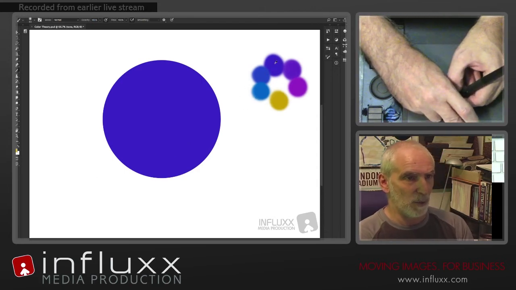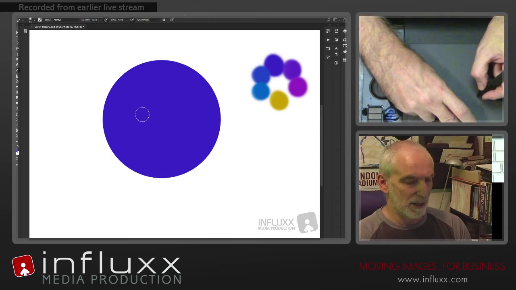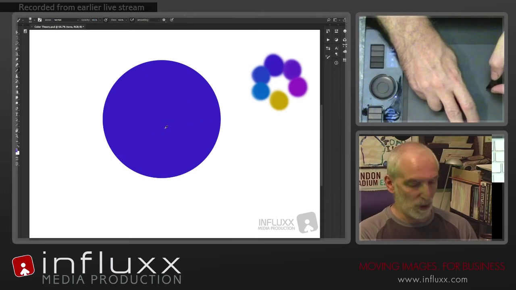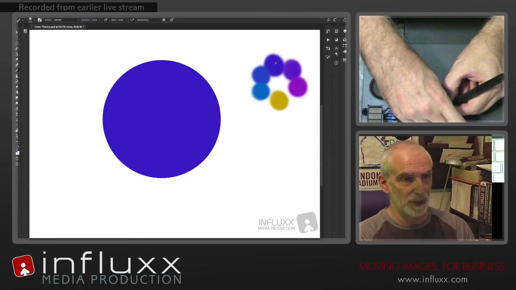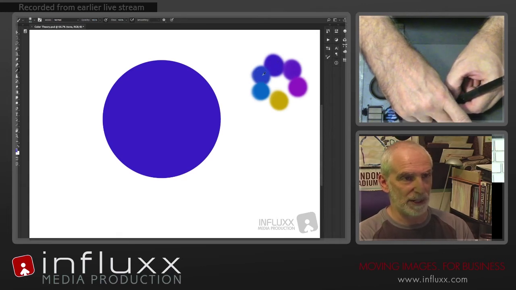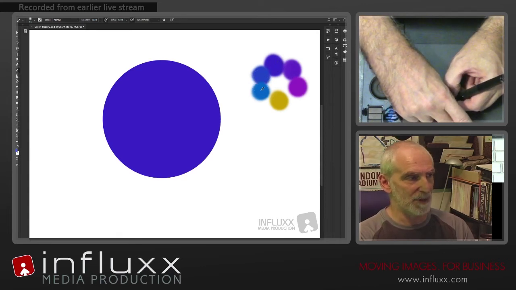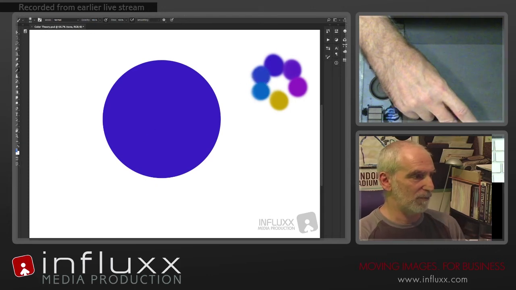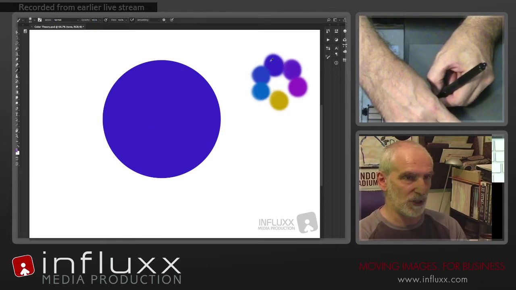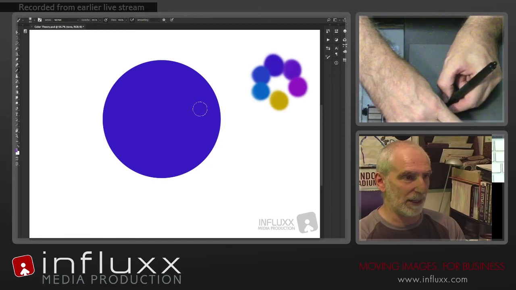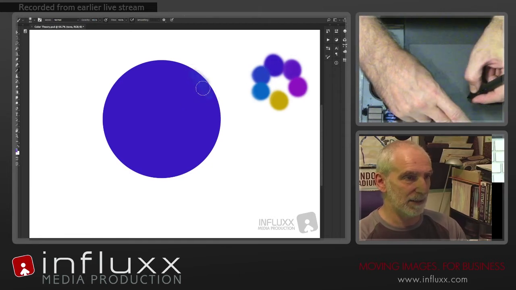If you don't see what I'm doing, I'm holding down Option on the keyboard, and that turns the brush cursor into the color picker, and I think that's true of many digital paint programs. And if you look down here, you will see the foreground paint well will change to indicate which color I've sampled. So I can quickly paint in